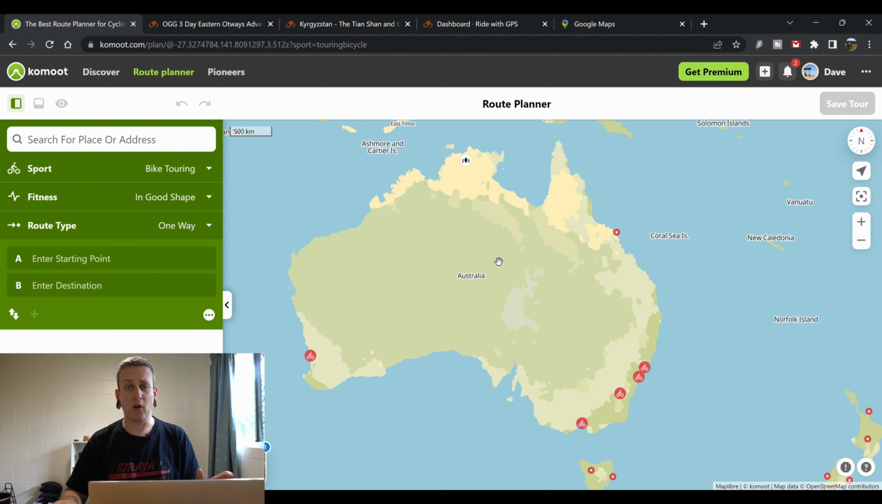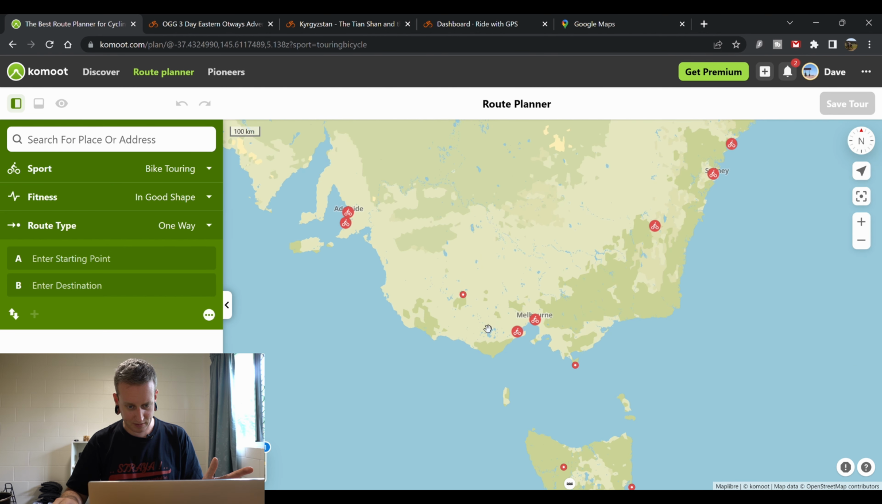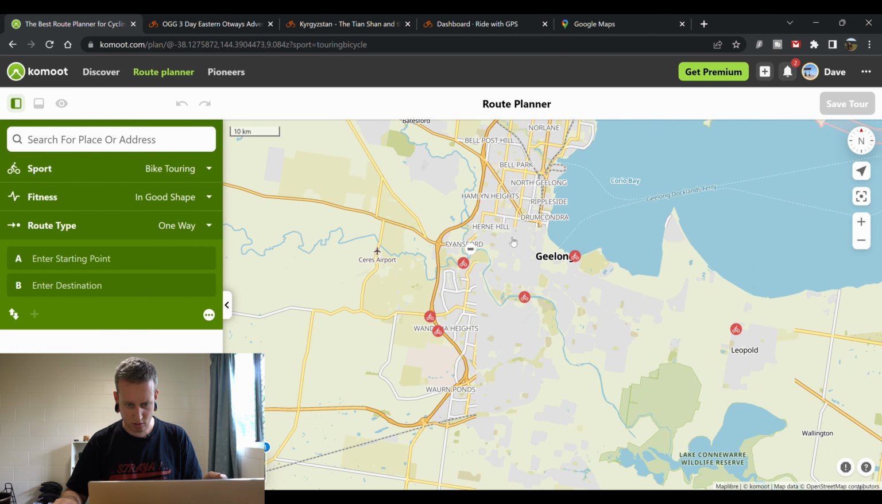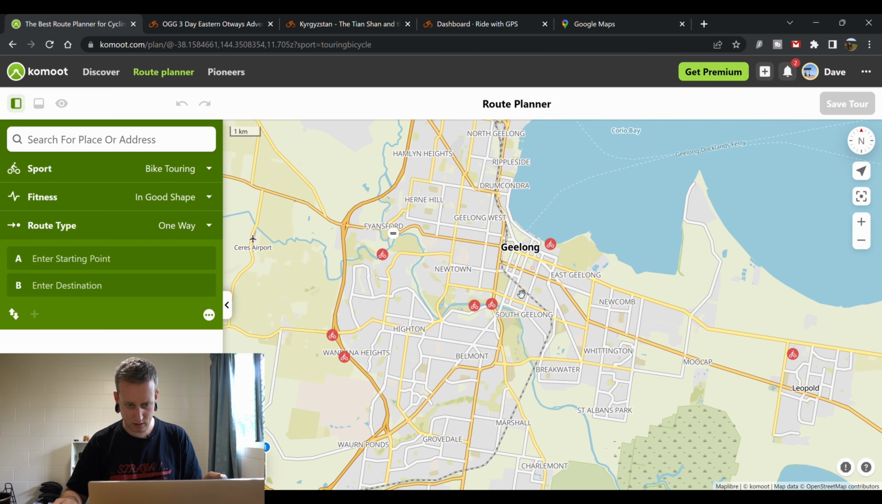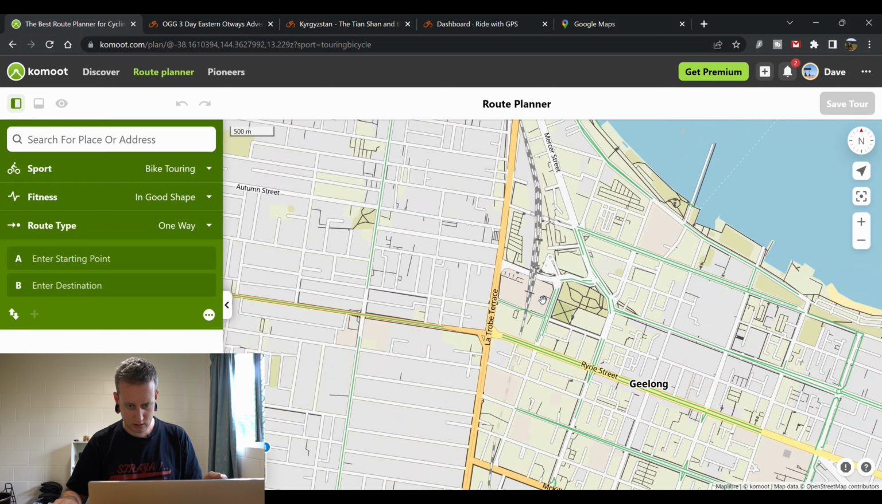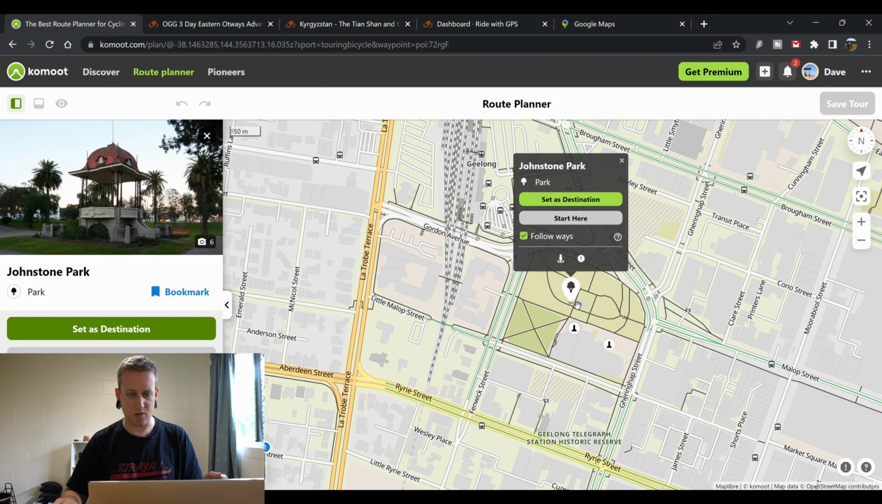Okay, so we've taken a quick look at the tools that we use, so let's put them to work. Okay, so let's start with Komoot. This is completely unrehearsed, so we'll see how this goes. Let's do a little imaginary trip from Geelong. So let's see. Oh, is this Johnston Park? Okay, from Johnston Park